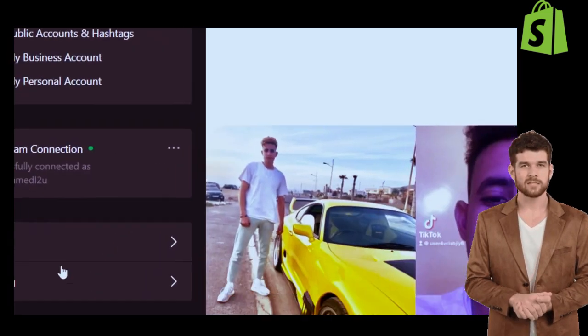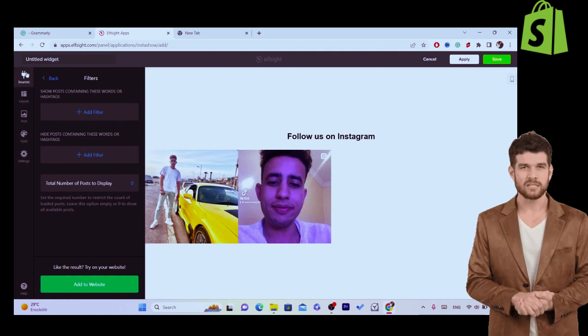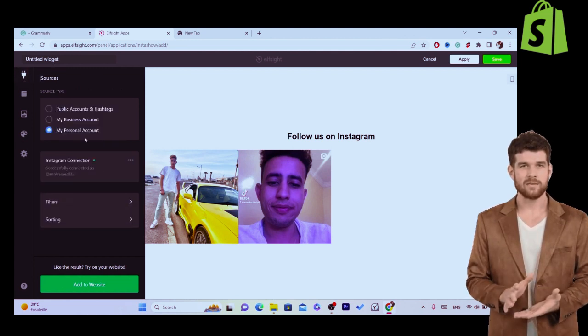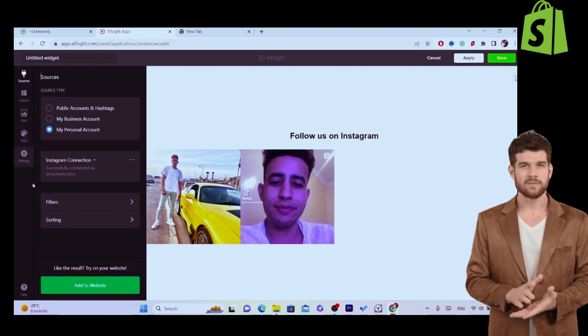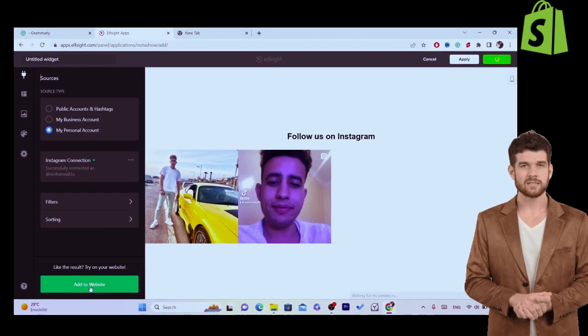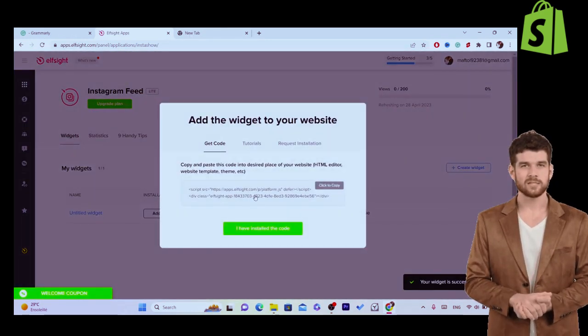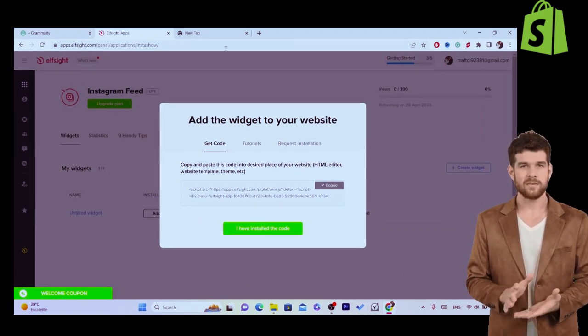Now next thing you want to do, guys, you can customize this as you want. You want to click on filters and you can customize this as you want. You can change many things here, okay, including the layout, post style. Now after you customize this, you want to click on add to website. Okay, now it will give you a code that we are going to use right now. You want to click on this code. If it asks you guys to select a plan, just go with the free plan,